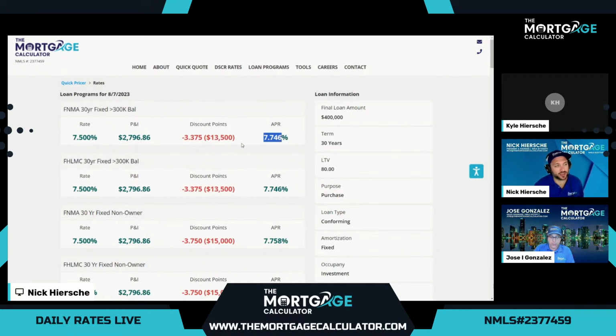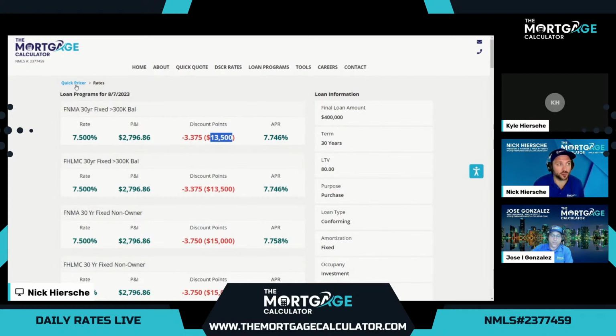But many of our investors would like other options. So unfortunately, there are no one discount point options here. This lowest option is 3.375 discount points and costs, which in this example is $13,500. Most investors request to go higher in the rate, as long as the property cash flows, in order to reduce these discount points. $13,000 is a lot of money. Most investors would rather spend elsewhere. So unfortunately, conventional programs do not have any options.